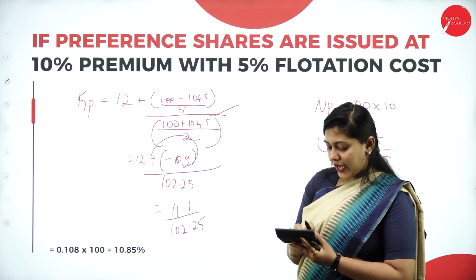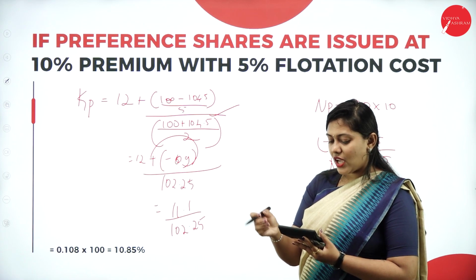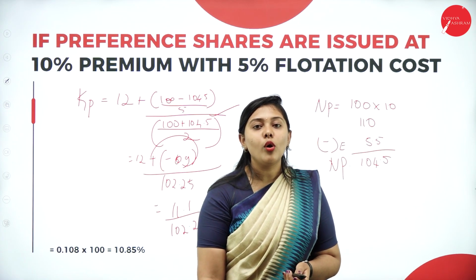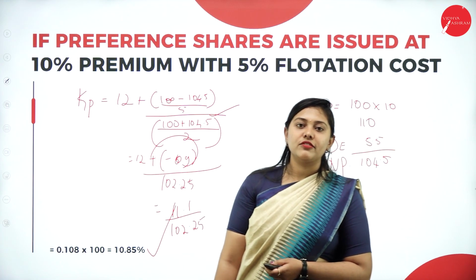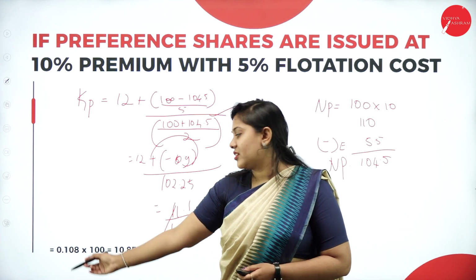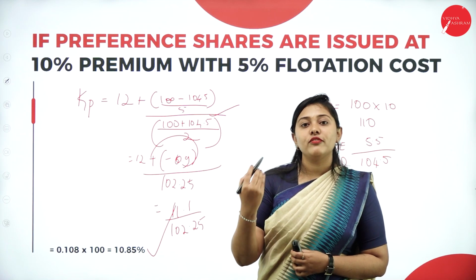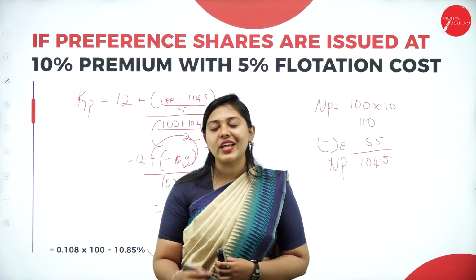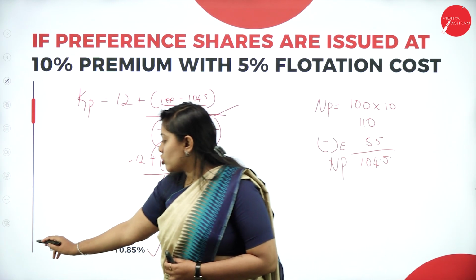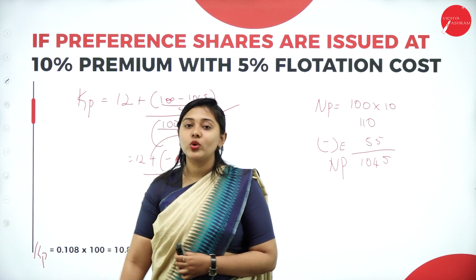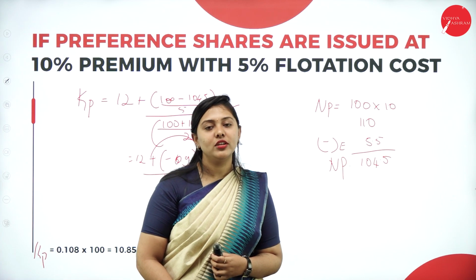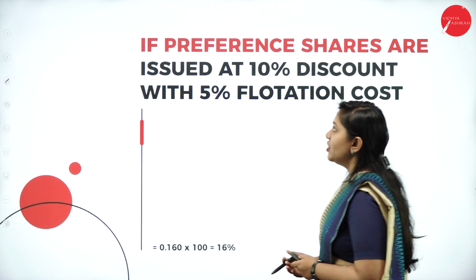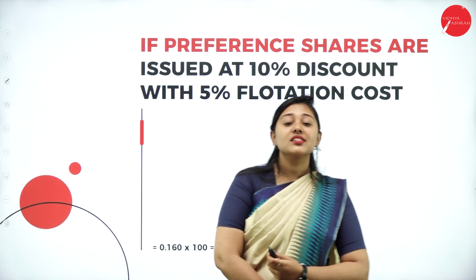So now let us solve this. 11.1 divided by 102.25, the answer you get is 0.108 or 10.85%. So how do you get this percentage? The value what we have got, if we multiply that with 100, you will get the value. So this is your cost of preference issued at a premium 10% with 5% flotation cost. Moving forward, the next case and the last case,